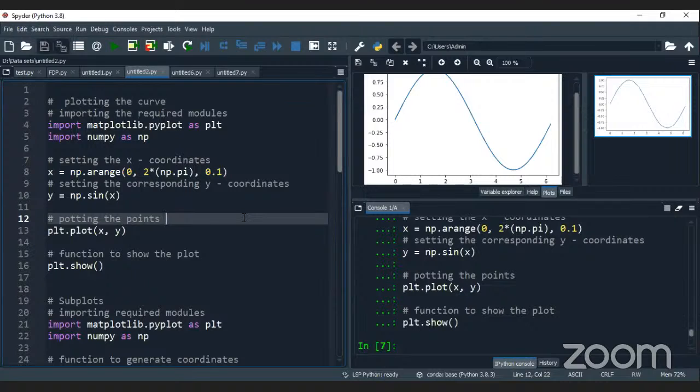For this type of graph, you should know what we have learned up till now. What is the use of the matplotlib library? What are the different functions we use? What is graph labeling? How to label the graph? How to show the plot? And how to identify the value. Now I am going to plot the curve. Plotting the curve is already done. Now we are going to plot the subplot. So for plotting the points, the initial